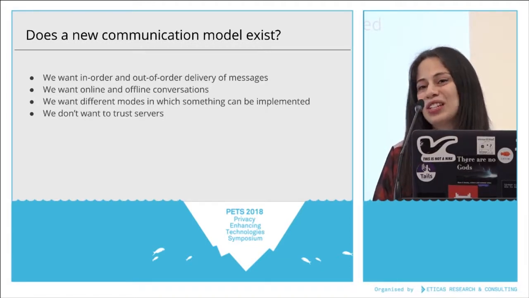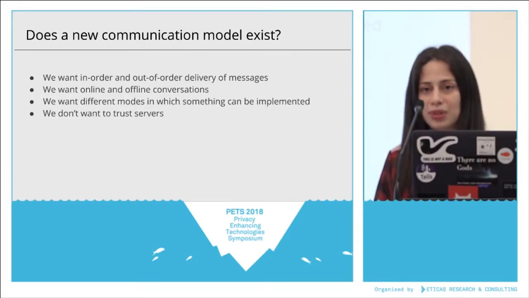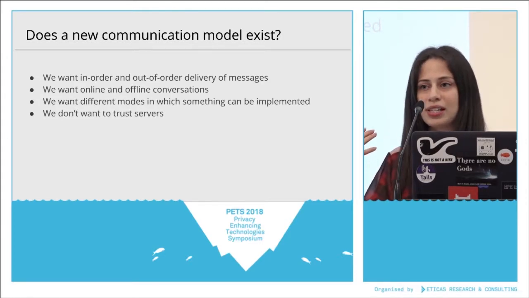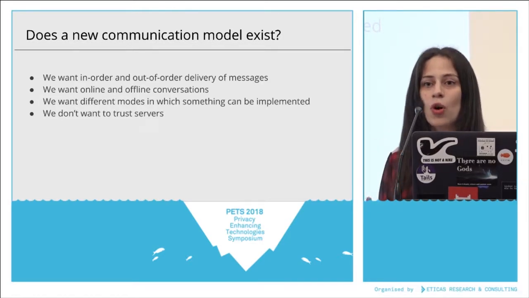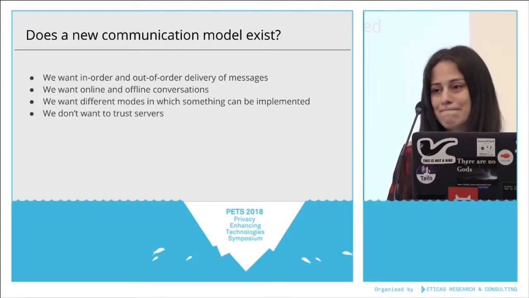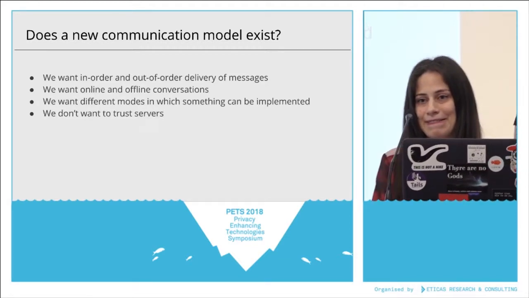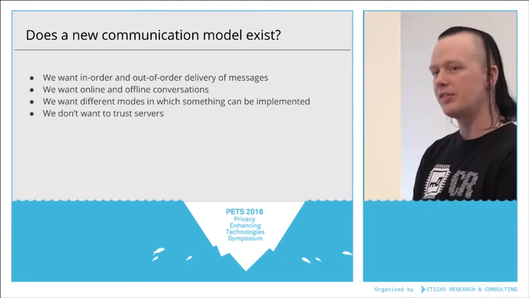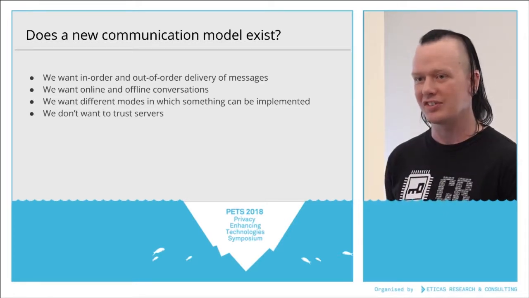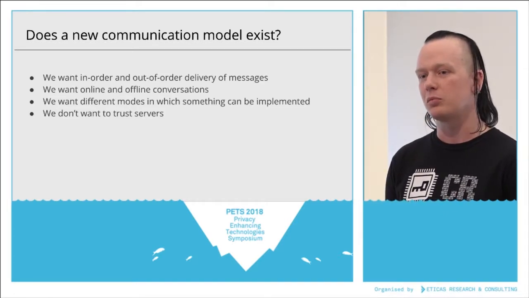Because we want the security properties that we provide with OTR to work by themselves, not because we have to trust a server or because we have to trust that it goes well or we have to trust something else. We want them to go well, even if the server is untrusted. Just to mention one additional point here. This puts us in a slightly awkward position, as we will see a little bit later, because we do want to support offline conversations. At the same time, we don't want to trust servers.